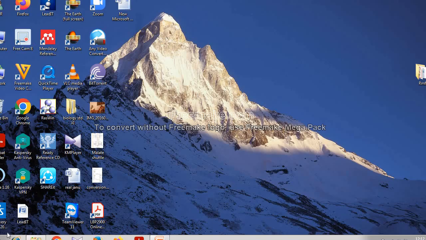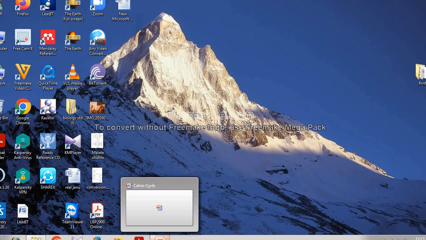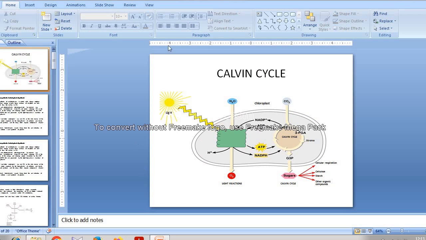Hello students. So in the last video we saw the light reaction. Now it is time for us to view the second stage of photosynthesis, in which the NADPH and ATP that were made by the light reactions are going to be used to synthesize carbohydrate from carbon dioxide and water. So we'll see the slide of